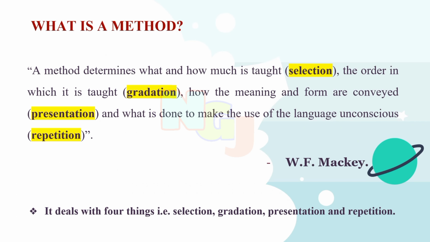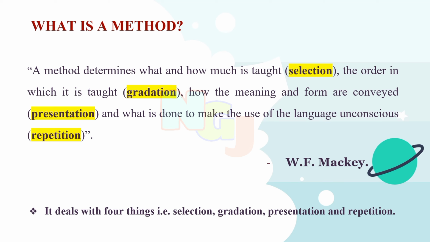So now let us see what is a method. A method determines what and how much is taught, the order in which it is taught, how the meaning and form are conveyed, and what is done to make the use of language unconscious. This is according to W.F. Mackay. Mackay says that in teaching English language, when you are using a method, you must know what and how